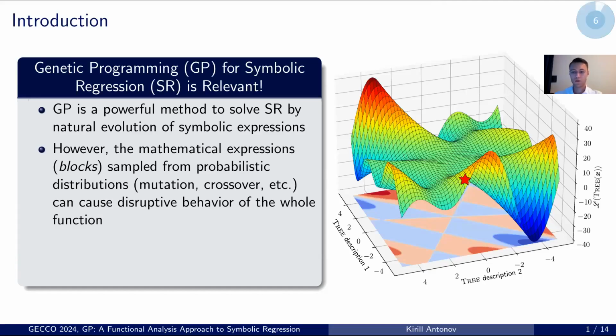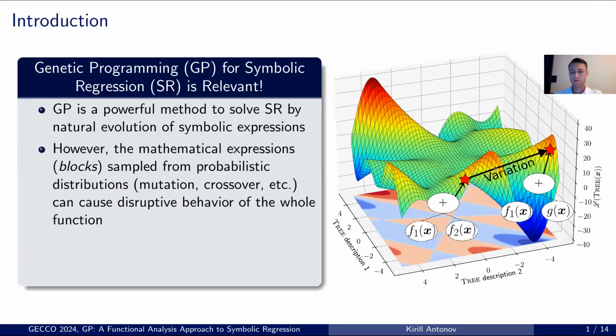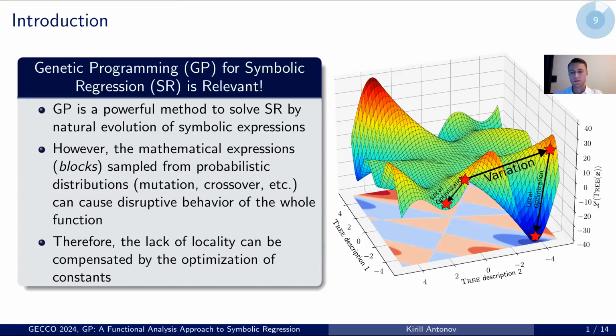function. For instance, this was our initial candidate solution that is represented by a tree in our program. And we applied a variation operator that produced another candidate solution with this variation in the expression. We will call such expressions blocks. We see that only one block is changed. However, the change in the loss value is significant, even though the change in the description might not be significant. This lack of